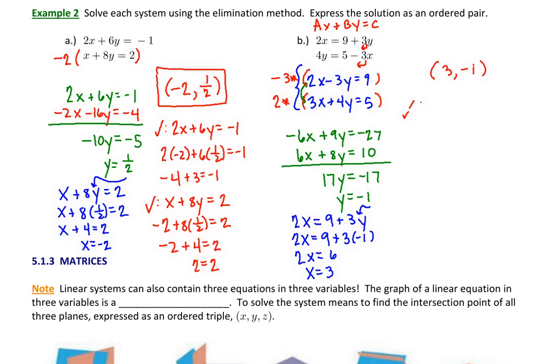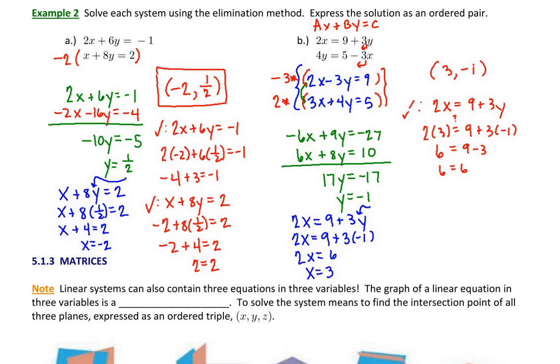And we're going to be diligent and check by substitution. Now I'm going to check this ordered pair in the original equations, just in case I made some kind of silly mistake in a subsequent step in my process. So I'm going all the way back to the original. So my first equation was 2x equals 9 plus 3y. So I'm going to replace x with 3 and y with -1, and we want to know, is that a balanced equation? So on the left side we have a 6. On the right side we have 9 minus 3, which is also 6.